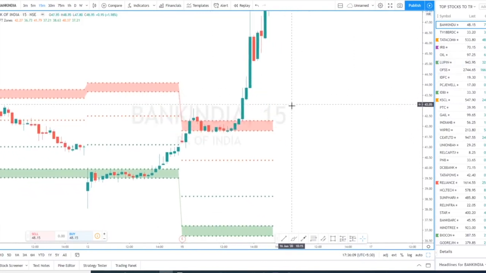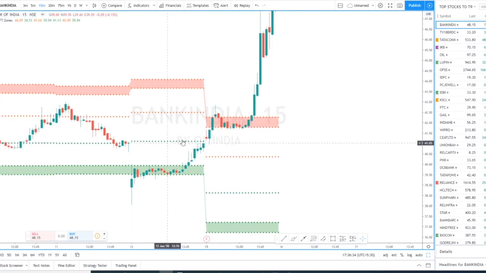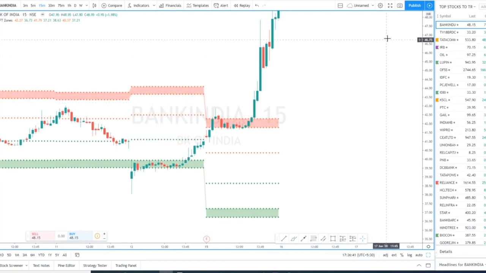Before that, I'll give you a small introduction about the indicator which is here. JFT zones: these zones are formed when the market opens, and if the zones are crossed, there is a possibility that it can move upwards for the rest of the day. There is only a possibility, not 100% of the time it will move upwards. I'm going to teach you how to avoid fake breakouts and other things. So this is what the indicator is all about.